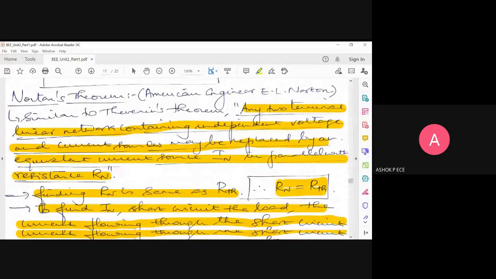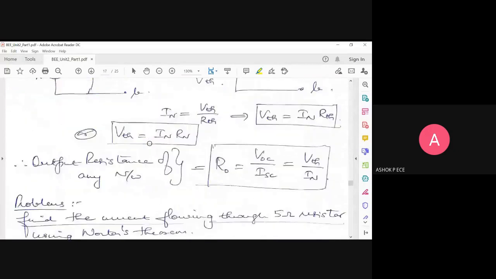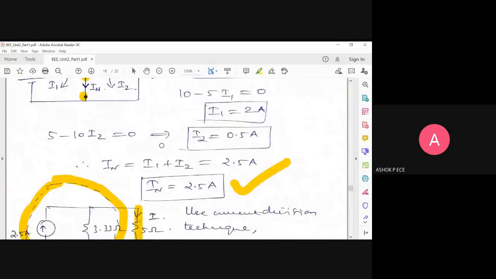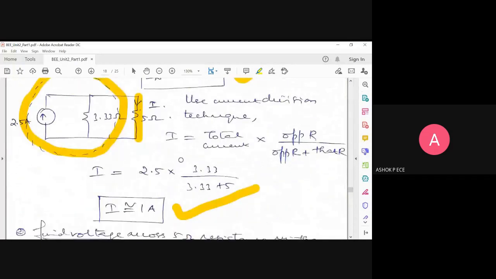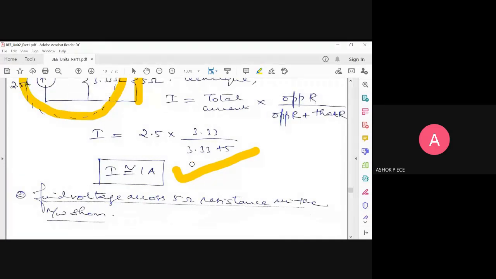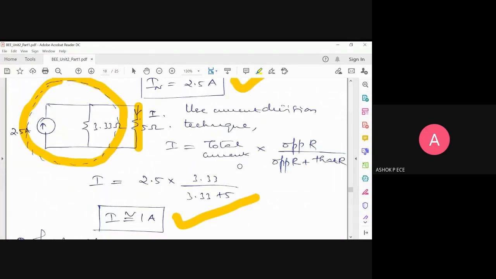Anyways, the homework for these types of problems is: whatever problem we are doing in Norton, you have to do it in Thevenin's and see whether the answer is correct. That's how you cross check your answer. So whatever problems we see in Norton's theorem, once again you do the same thing in Thevenin's theorem and see whether the answer is the same. In that way, you can understand both Thevenin's theorem and Norton's theorem easily. You can relate both the theorems easily.